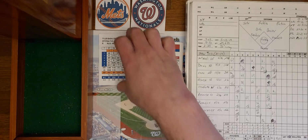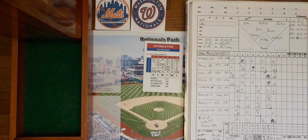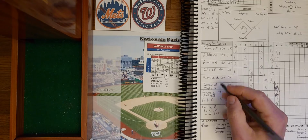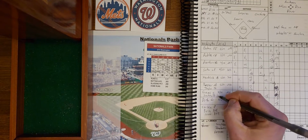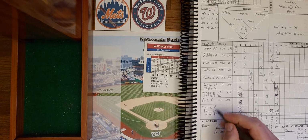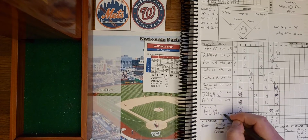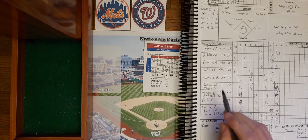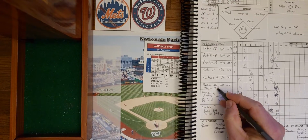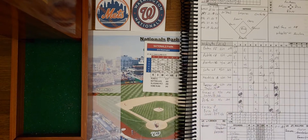Doolittle was pinch hit for, so we've got to get the Nationals straight defensively as well. So let me flip back to this page. Sanchez will stay in the game to play second base, and he will bat in the 7th position. Suzuki will stay in the game to catch, and he will bat 9th. The new pitcher will bat in this spot right here. This is the spot for the new pitcher. And the new pitcher is going to be,